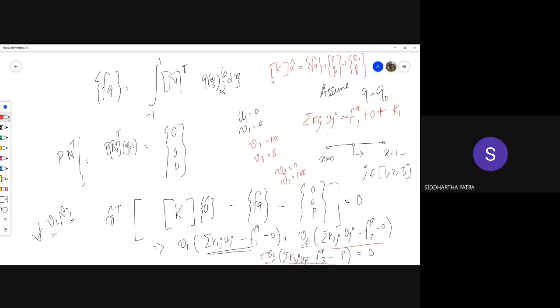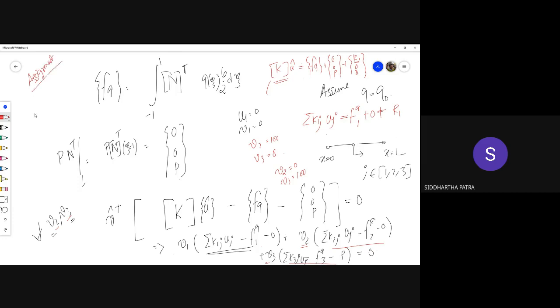So remember, this matrix is not invertible, only this matrix has a rank of 2. So you can only solve for U2 and U3 from this equation, because this is true for any arbitrary V2 and V3, that these equations hold. So now you can only solve for U2 and U3, substituting U1 equals 0. And once you have solved for U2 and U3, you can also get R1. So the third equation is only useful in getting you R1. So there you have your final assignment of the day,